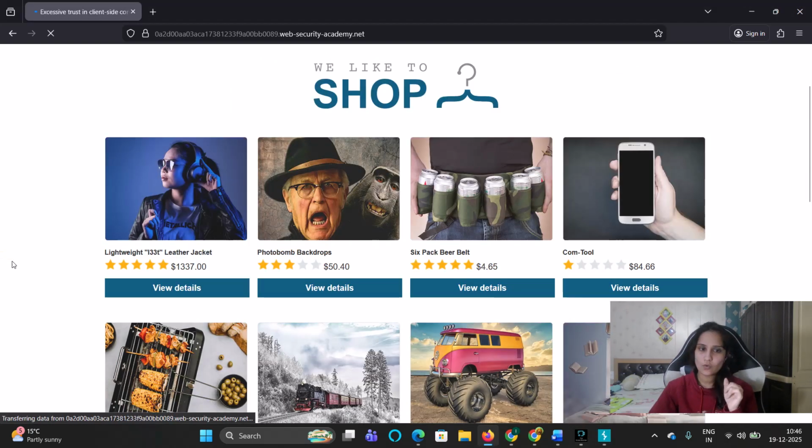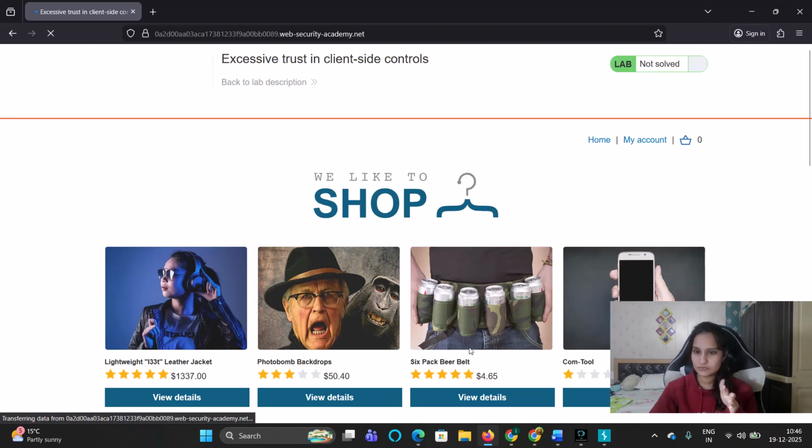Now, before we proceed further and do something, they have mentioned my account, and we have to log into the account. And guys, as I know, some e-commerce websites give store credits. So I guess, and I wish, that they might also be giving us those credits, and that will only be possible to see after logging in. So I would suggest you go in and log in first before you proceed further with any other step. So let's just do it, my account.